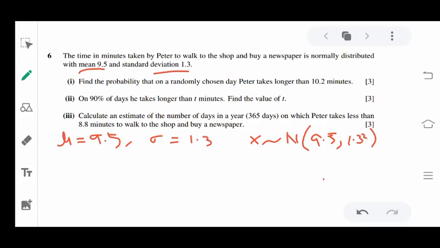As per the question, we want Peter to take longer than 10.2 minutes. That means we want the probability of x greater than 10.2,